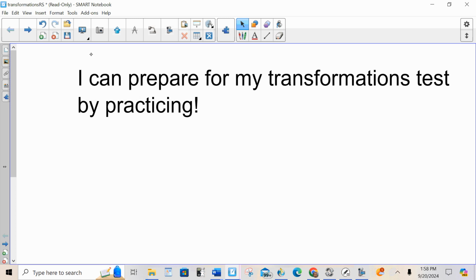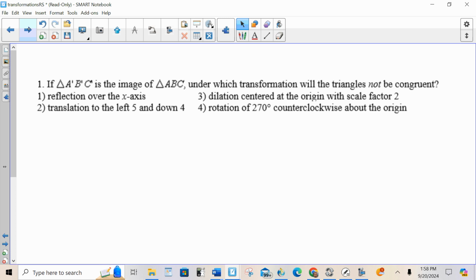Hello everybody, this is it, the review sheet. I can prepare for my transformations test by practicing. We're going to go over one of each type of question that's going to be in your test. Let's go. Whenever it asks under which type of transformation will the triangles not be congruent,